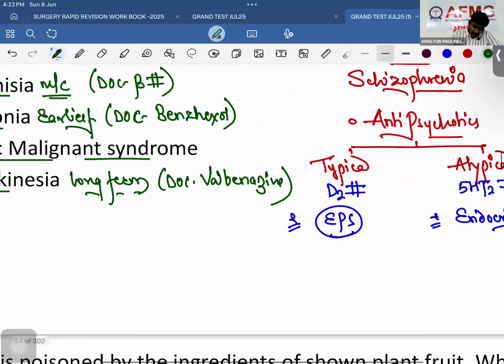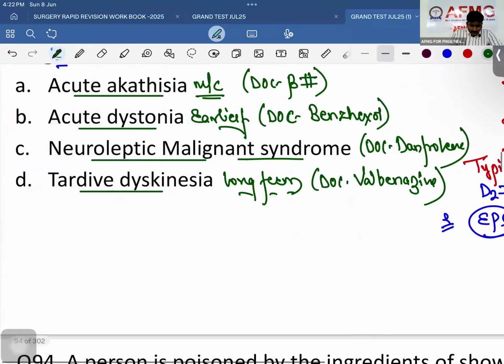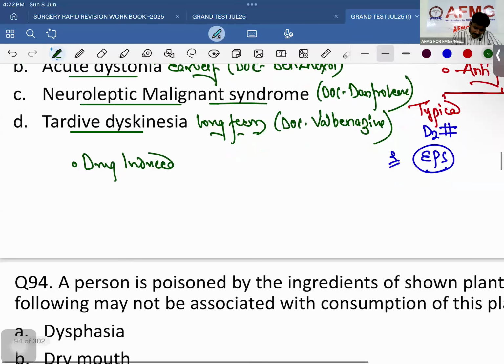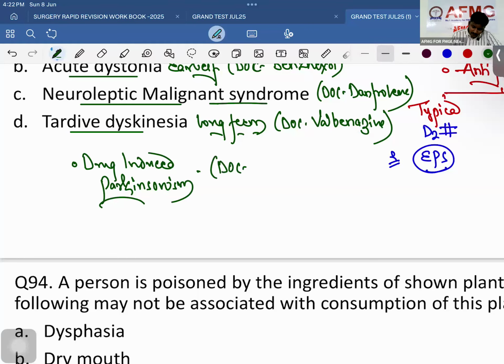Drug of choice, dantrolene. So dantrolene sodium is going to be the drug of choice for NMS. And lastly, after giving typical antipsychotics, suddenly the dopamine levels of the patient are going to decrease, and that can actually cause bradykinesia, resting pill-rolling tremors, and rigidity. That is known as drug-induced Parkinsonism. And what is the drug of choice for drug-induced Parkinsonism? Again, the drug of choice will be benzhexol, also called